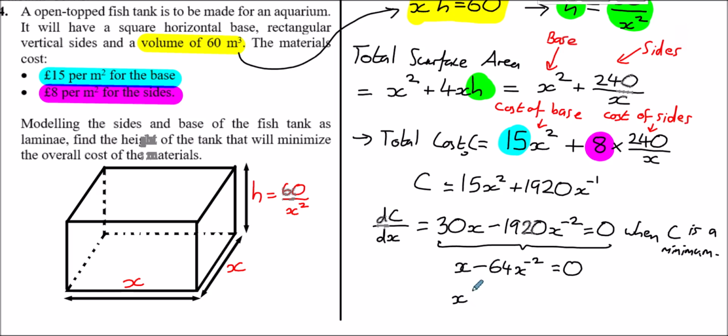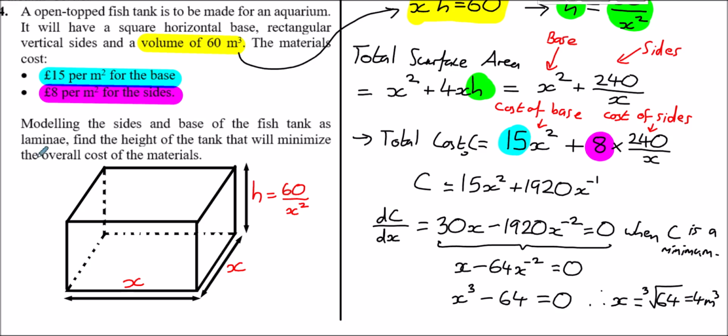That gives us x cubed minus 64 equals 0, and therefore x is going to equal the cube root of 64, which just so happens to nicely drop out as being exactly 4